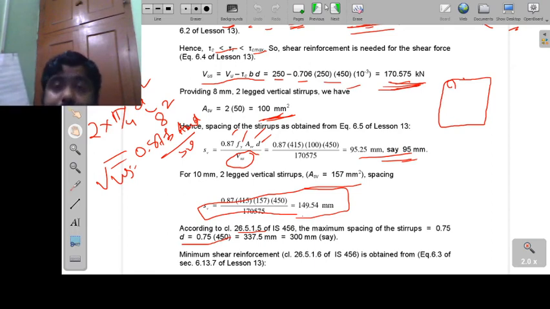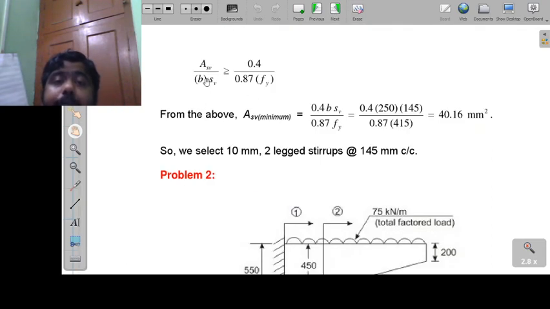So, this is one way of checking. The other way of checking is that we can check the SB. That means what I am trying to say is that we can find out what should be the SB. If I write down this equation in another way, what will be the SB? SB must be less than, in this way also I can write,